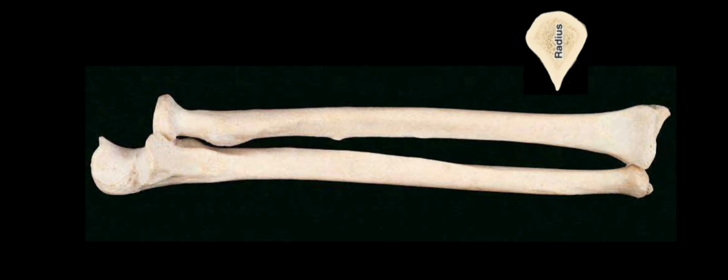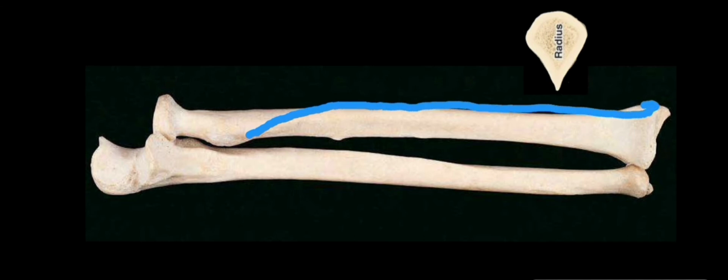And coming to the anterior border of shaft, anterior border extends from the anterolateral aspect of radial tuberosity and extends downwards up to the styloid process. Superiorly it is oblique, forming the anterior oblique line, and inferiorly it forms the lateral border of anterior surface. This is the anterior surface and it forms the lateral border of anterior surface, and down it goes up to the styloid process. On the anterior oblique line it gives origin to the radial head of flexor digitorum superficialis.